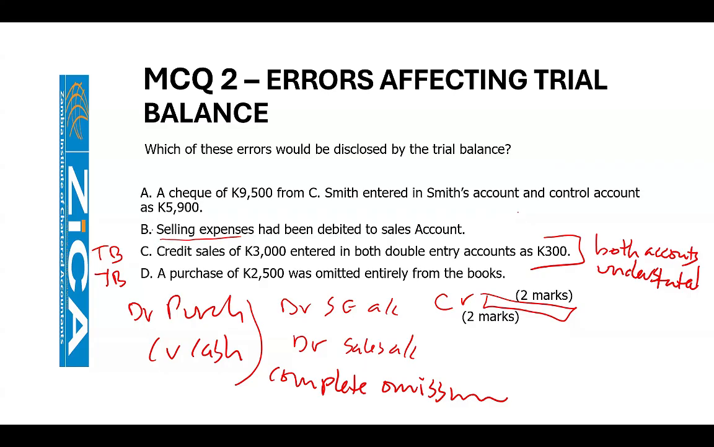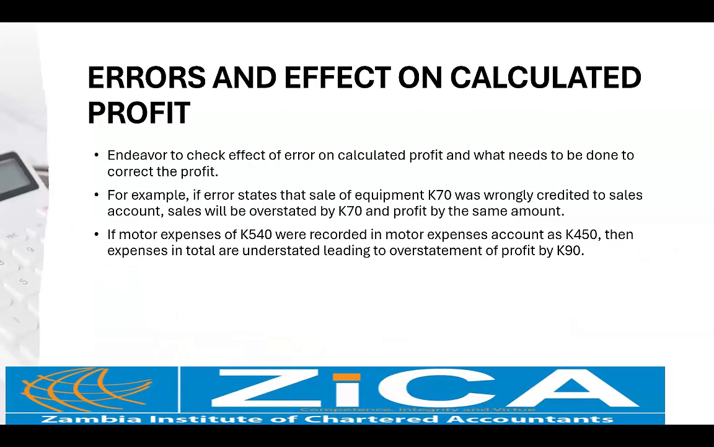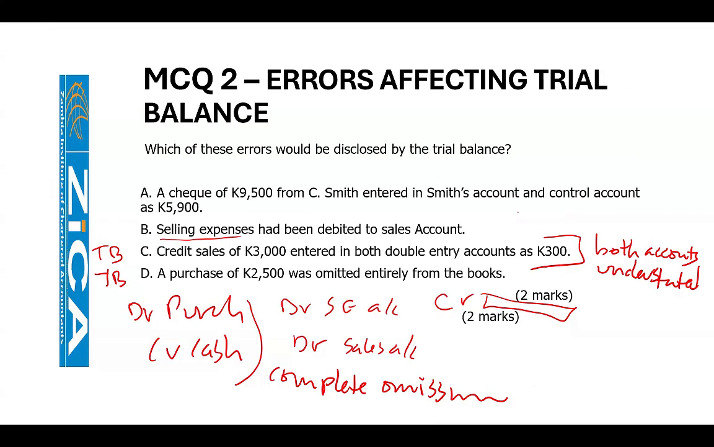When we come to B, selling expenses that had been debited to the sales account. Okay, so there's what we call an error of principle. Error of principle tells us that when you make a mistake with